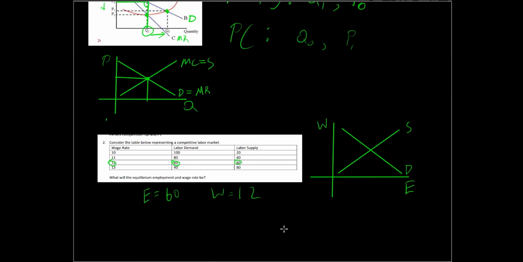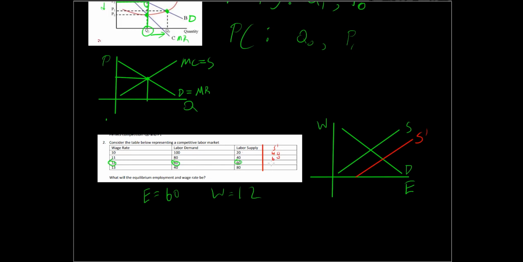So we could have, say, a situation where labor supply increases, right? So let's say that we have an outward shift in the labor supply curve in this market. Actually, hold on just a second, I'm going to use a different pen color. So say we've got an outward shift in the labor supply curve in this market. And let's say that at every single wage rate, people are willing to supply 20 extra units of labor. So with our S prime here, we end up with 40,